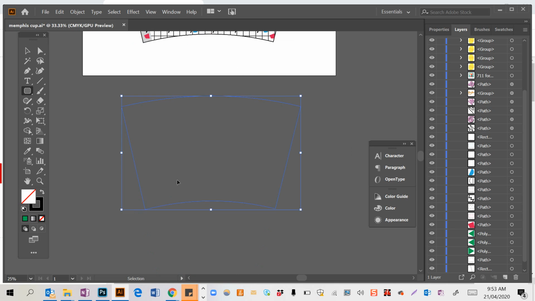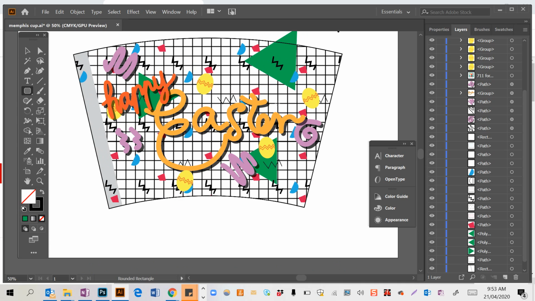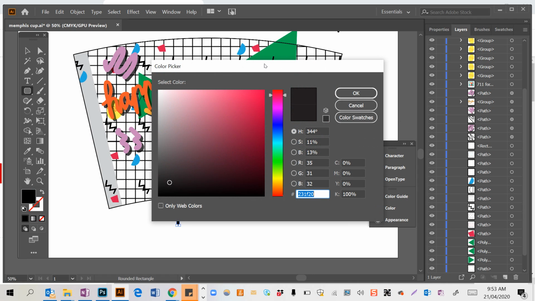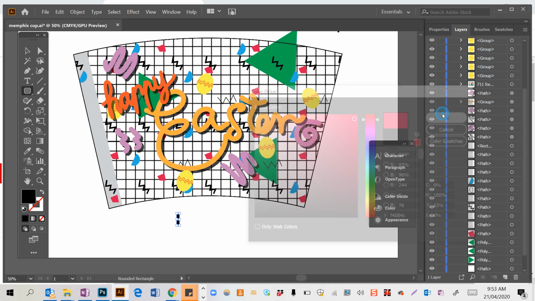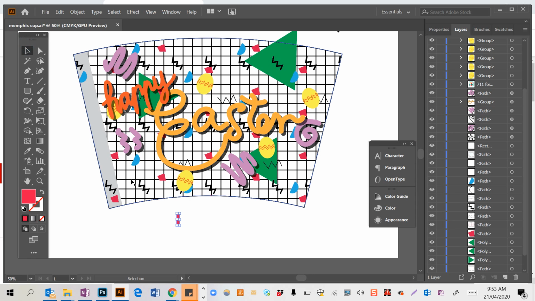So in Memphis style, they sometimes do these. I don't think my design actually needs any more because it's really full, but just to show you, it has these sort of almost like hundreds and thousands sort of things. Now Memphis style doesn't always use outlines. In fact, a lot of the time it uses lines but not outlines. So I'm going to swap it so there's no stroke color, and it's black. I don't want it to be black though. You could have it as black, but just for show, I'm just going to do it as red. Okay. So now I have sort of this pill shape,